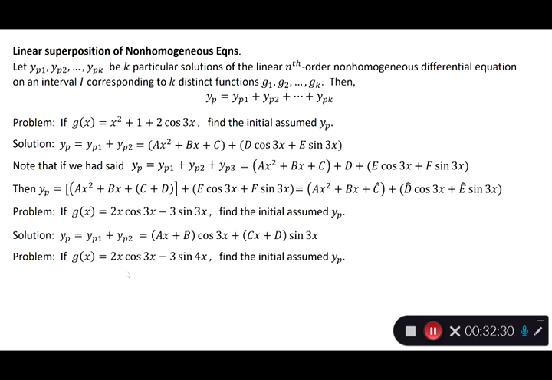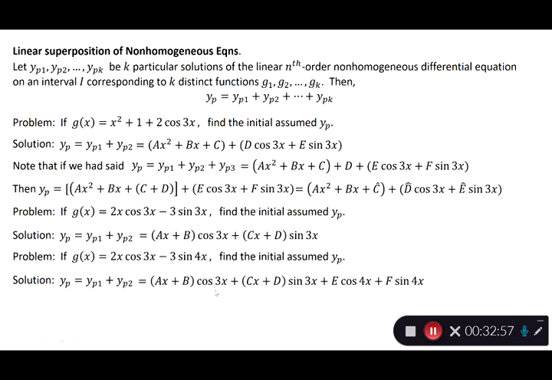If we were to say, nah, that's two different g1 and g2, okay, y sub p1 corresponding to 2x cosine 3x. First degree polynomial cosine 3x plus first degree polynomial sine 3x, right? Plus 0th degree polynomial cosine 4x. So that's what we would have. Plus,